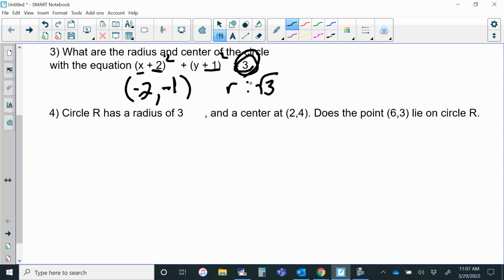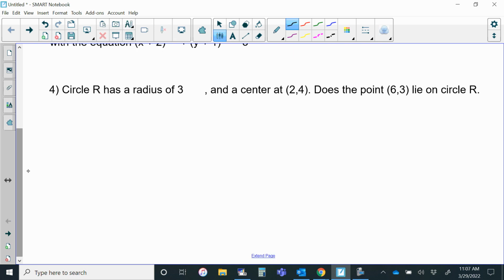3 is what? It is the r squared. I don't want r squared, so how do I undo that? You square root, there's where the square root of 3 came from. Oh, this is the square root of 3 right back here, right? Yeah. All right, so circle R has a radius of 3 square roots of 3 and a center of 2,